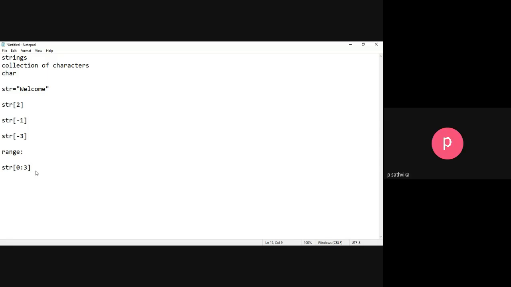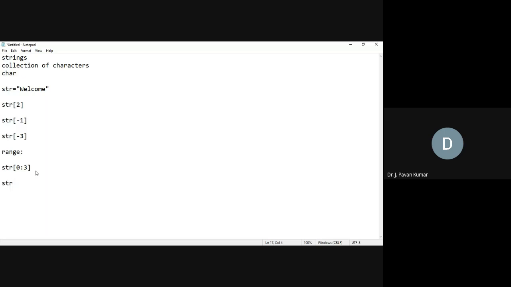Whenever we specify 0 to 3, then 3 will not be included, but 0 will be included. So 0, 1, 2, these 3 characters will be printed. That is the meaning of this range. By specifying 0 to 3, we are printing 0, 1, 2. 3 will not be included.